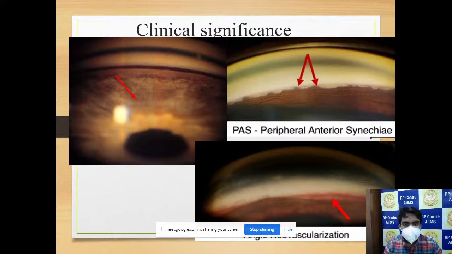Coming to the clinical significance of the trabecular meshwork, this pigment dispersion syndrome patient's gonioscopy shows diffuse loss of pigmentation and oblique concavity of the peripheral iris. Due to the loss of pigmentation it has concavity, and there is dense pigmentation at the trabecular meshwork. Then in the second image, peripheral anterior synechiae have formed at the angle structures. These synechiae travel along the wall of the angle and get attached, closing the filtering trabecular meshwork.